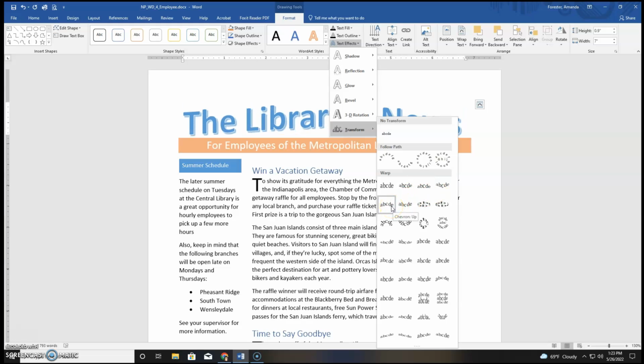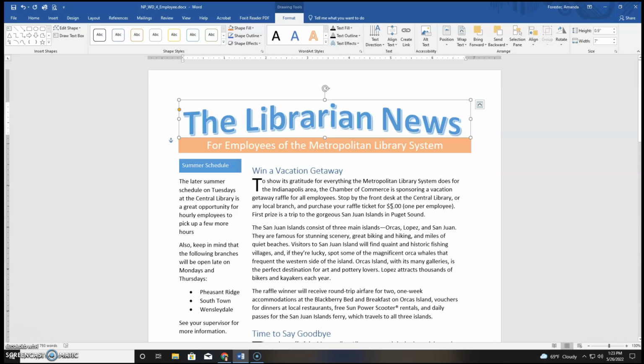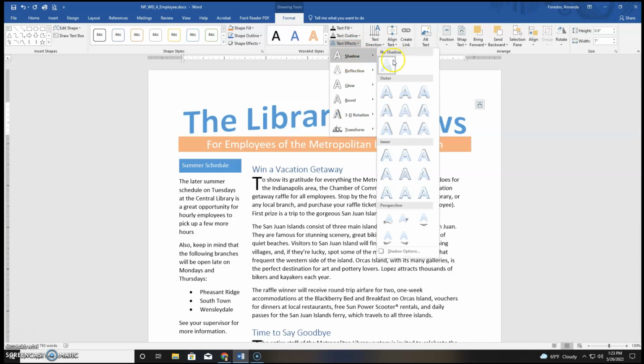Oh geez, here it is, second row, sorry about that. And so chevron up text effect, and then they also want us to add a shadow, so go back into text effects, shadow, and they want us to choose the offset bottom right. I believe that is